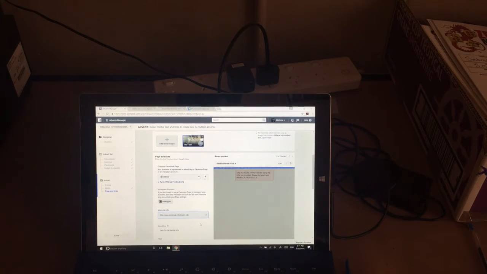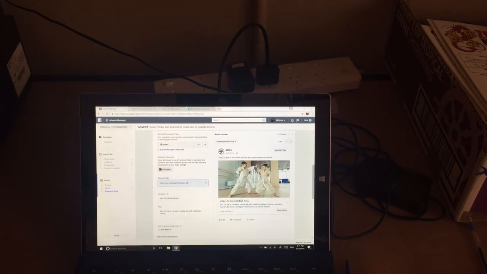And I know now that they'll be sent. Sorry, that's just trying to upload it, so it'll just take a moment to come up. That means they'll be sent directly to that if they click on the page anywhere, and particularly if they press Learn More. Headline, I would put in something like